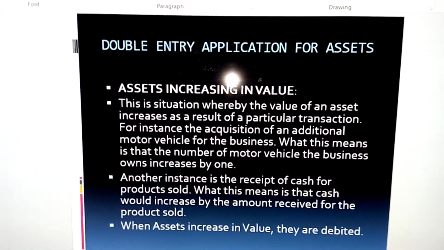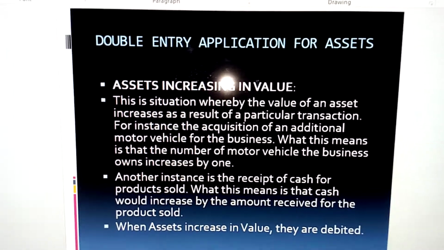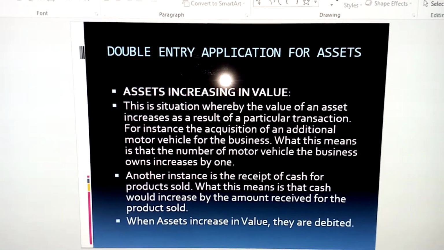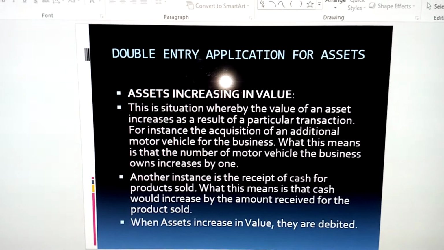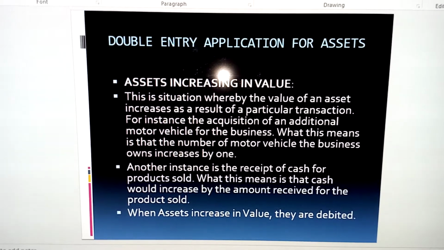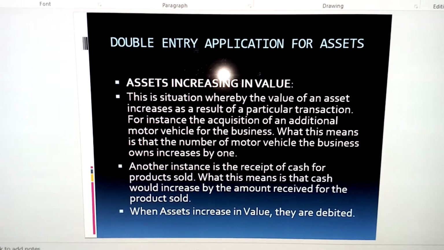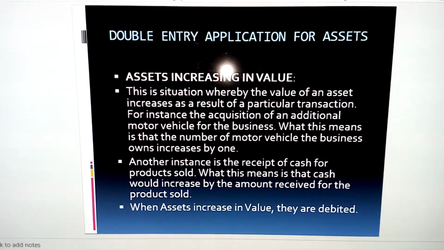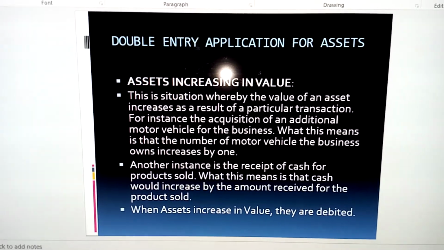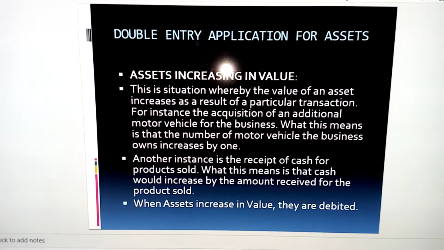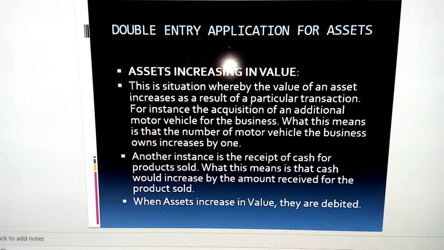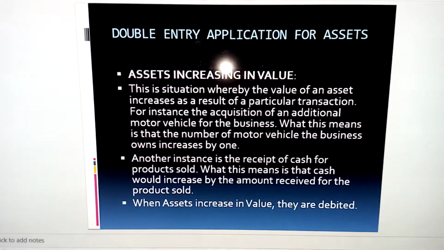Now, we understand what an asset means. Generally, assets are the business resources, the business belongings, that are utilized to generate more wealth. We also said it can be referred to as the business owned properties, and then we also classify them into tangible and intangible. So whichever way it is, whether tangible, intangible, current, non-current, fictitious, the double entry application for assets